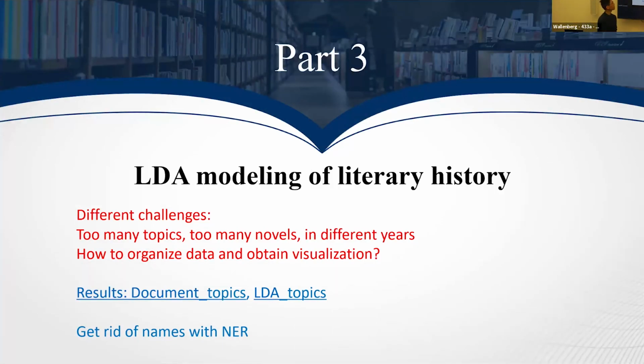Okay, so far that is the analysis of 5 topics of LDA analysis of Robinson Crusoe. But what I'm trying to do, in fact, is not on a single work. I'm trying to map out or find out if there is any significant change in literary history. So my first step of the Robinson Crusoe LDA analysis is just to validate whether topic modeling can be applied to the study of fiction. And now it's time to move from a single work to literary history, but immediately the next problem is, as you can see, in LDA analysis of a single work we have only 5 topics, or 6 or 7, okay, not many. But if you're doing